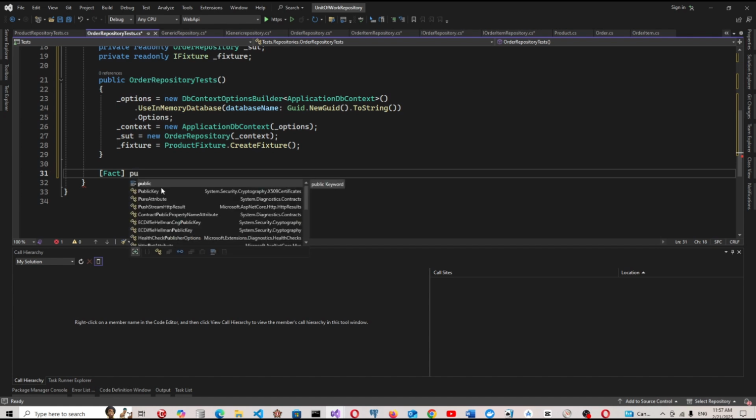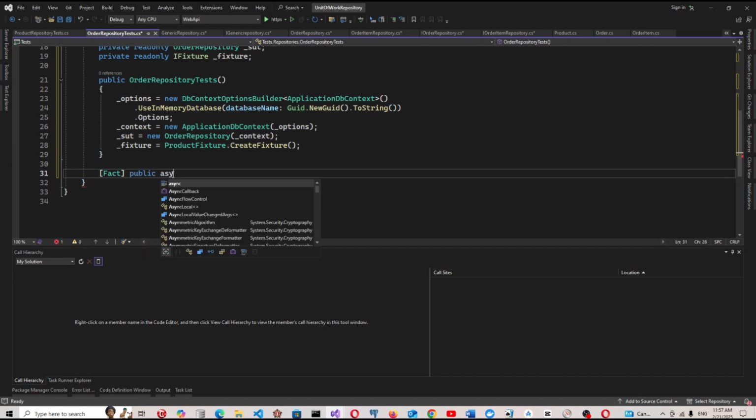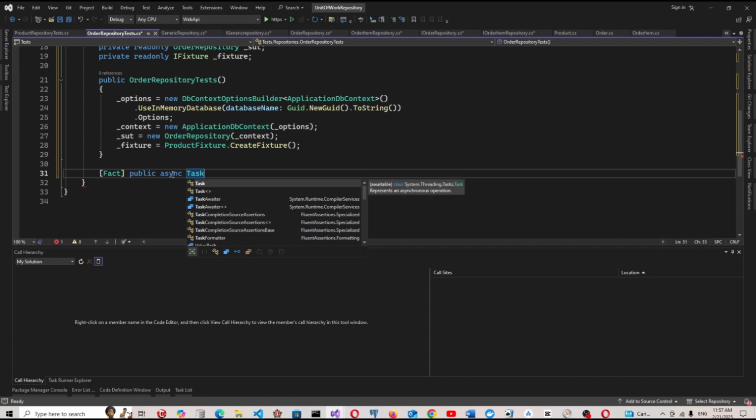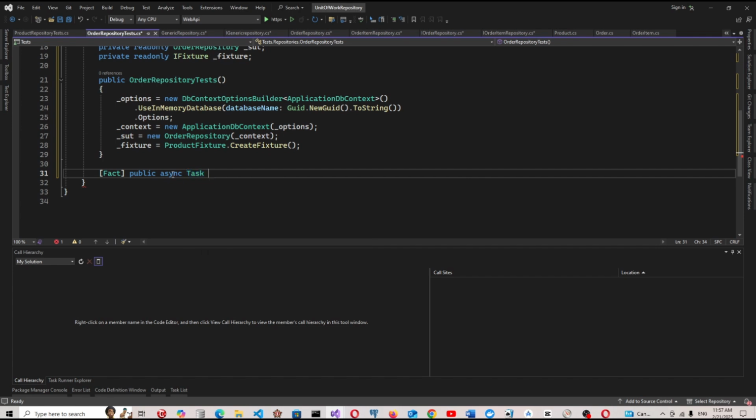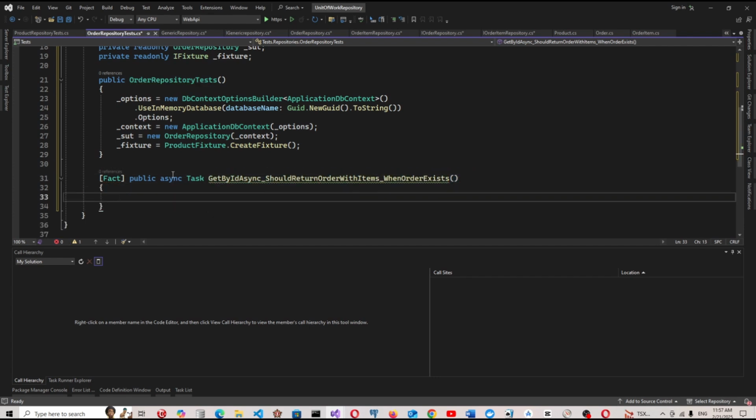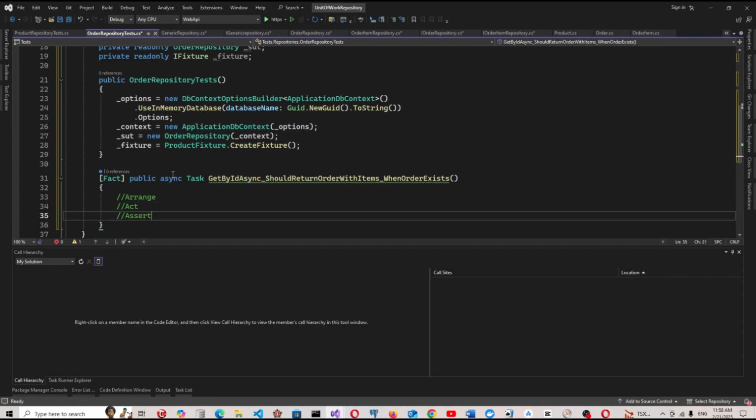So public, GetByIdAsync. Let's say it should return order with items, one order list, and Arrange. Fact, start, arrange will be